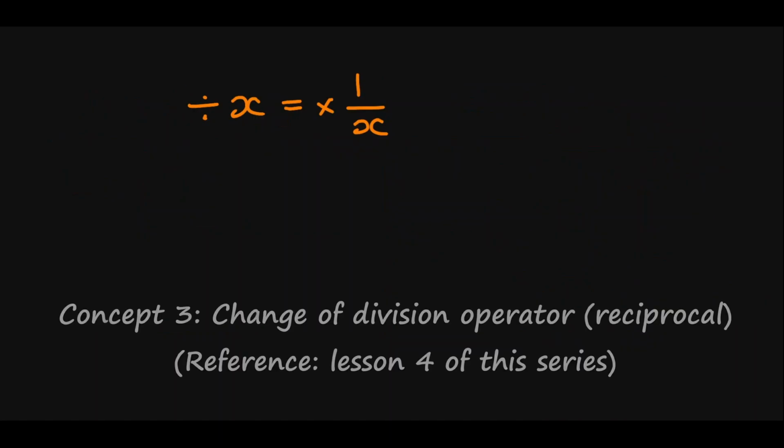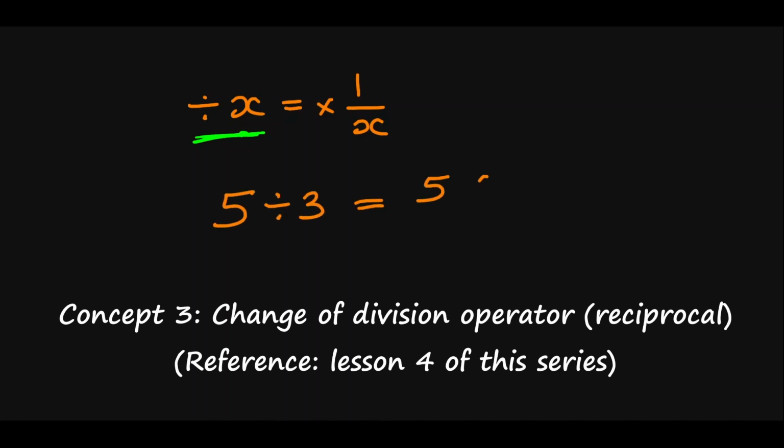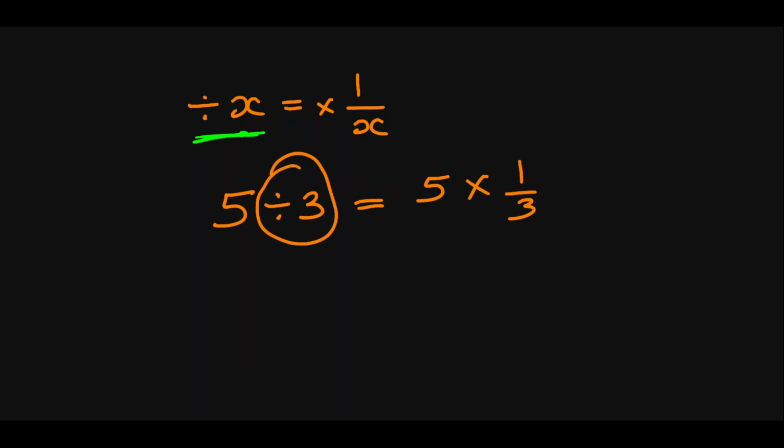Now, concept 3. This concept 3 is what we call reciprocal. It is saying that divided by something is the same thing as multiplied by 1 over that thing. We discussed this particular concept when we talked about multiplication and division in algebra, which is lesson 4. So if you need more information around this, you can go back and watch that video. So in other words, if we had 5 divided by 3, it is better you write it as 5 times 1 over 3. That is, change this divided by 3 to times 1 over 3. This is the third and very, very important concept. With these three concepts, order of operations becomes very, very easy.